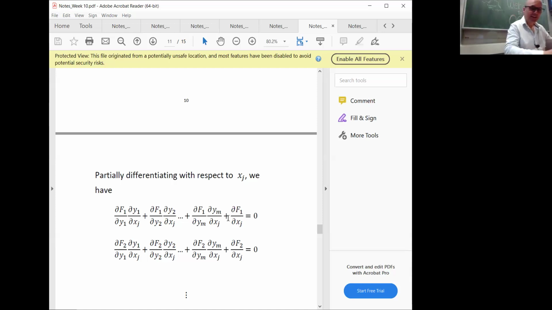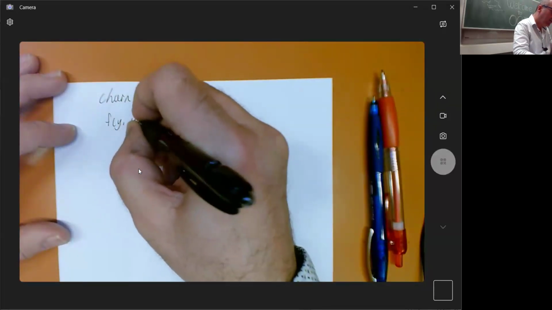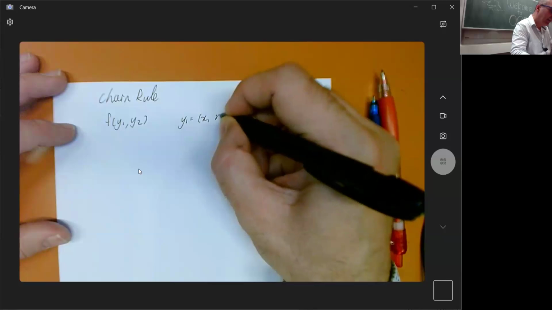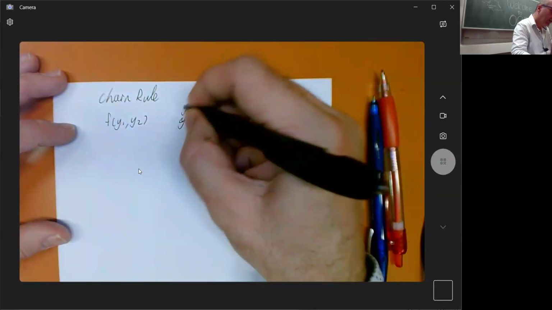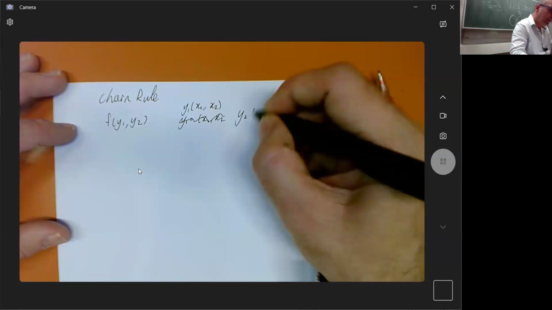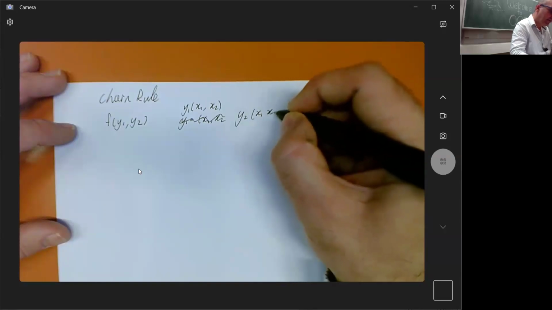What we're going to do is, if I have f, which is a function of y1 and y2, but I say y1 is a function of x1 and x2, and y2 is similarly a function of x1 and x2,